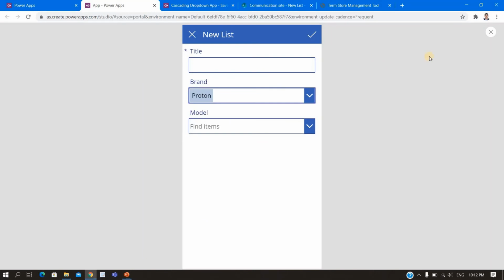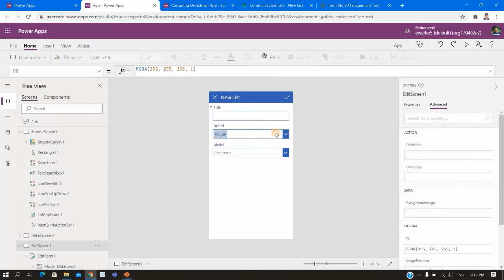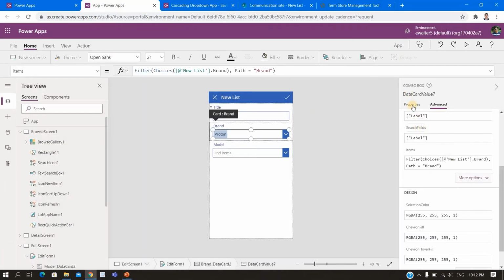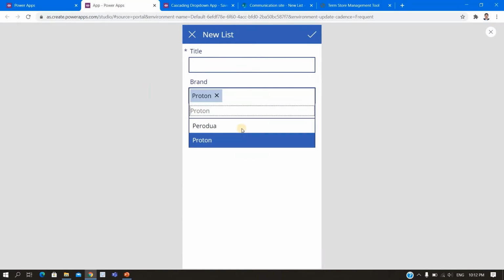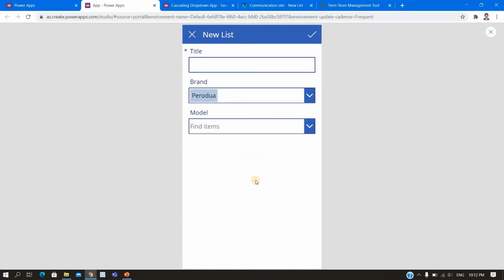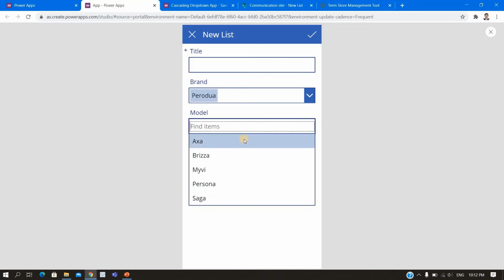Only brand will be available. Now here you need to change allow searching. Okay, so brand came in. Now if you select, you can see all the models, not the model specific here.